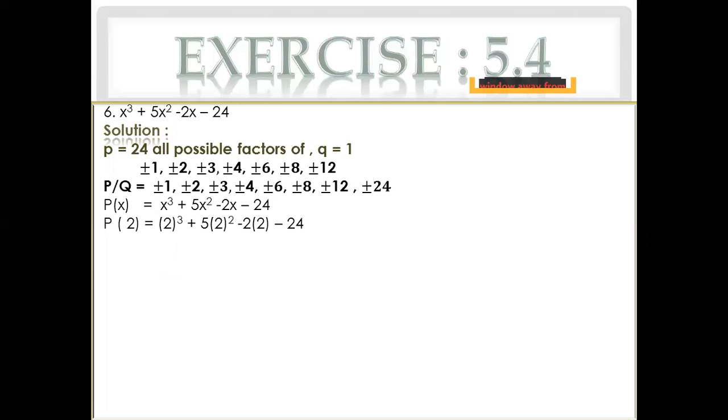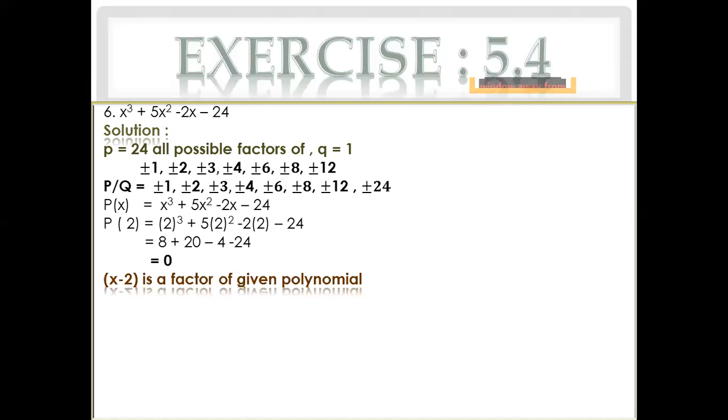If you write 1 in the denominator of each factor, the factor will be unchanged. It will be the same. As 24 is a bigger number, if we put 1 and minus 1, it will be useless, because they both will not be a factor of that one, because the constant term is 24. If the constant term is like 5, 4, 3, 2, then you will start from 1.